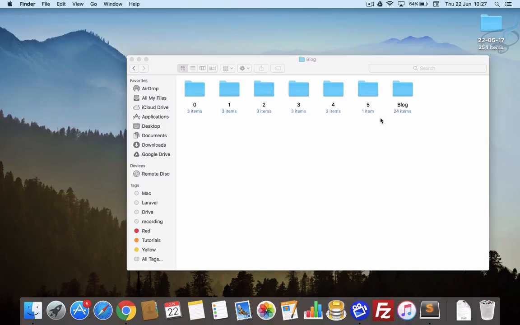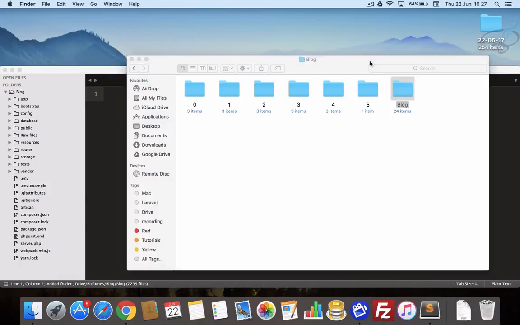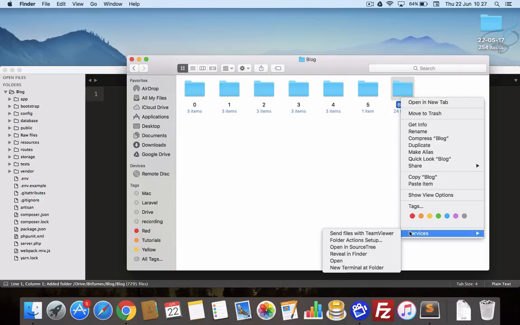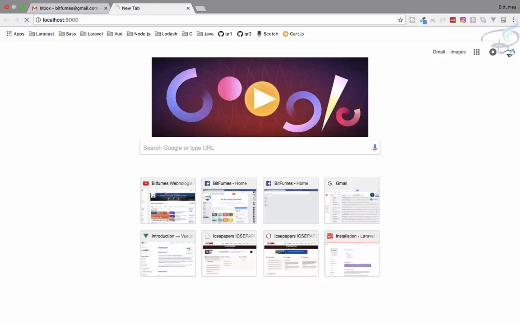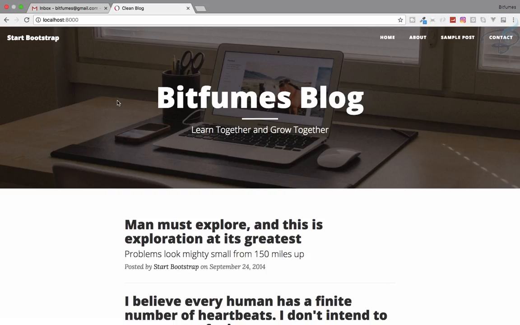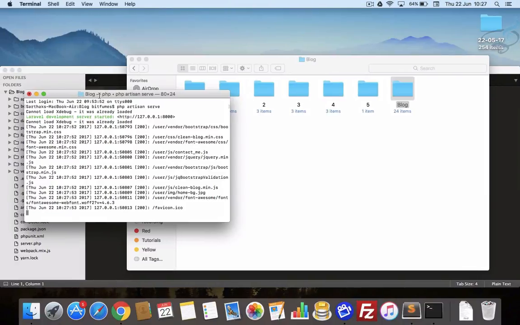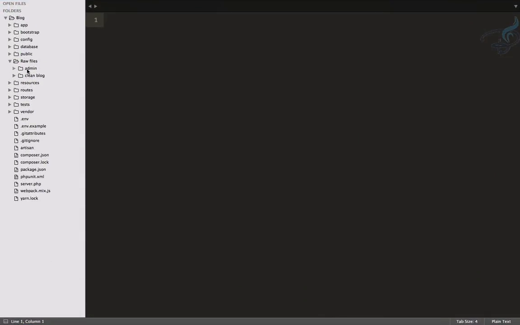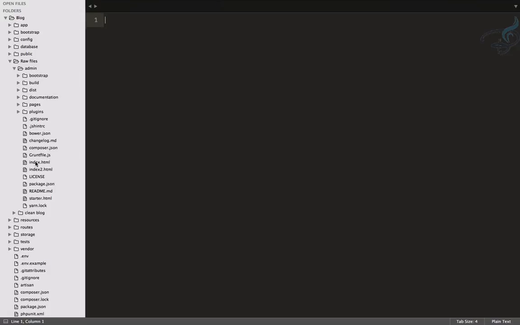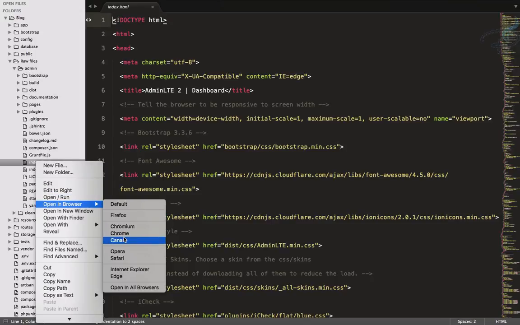So let's open this in Sublime, and along with that let's open the server. So I will do php artisan serve, basic things. So let's see how this looks like. So localhost, and yes, localhost is here, and let's open Sublime here. So let's go to the admin section and see what it looks like. So open it in Chrome,